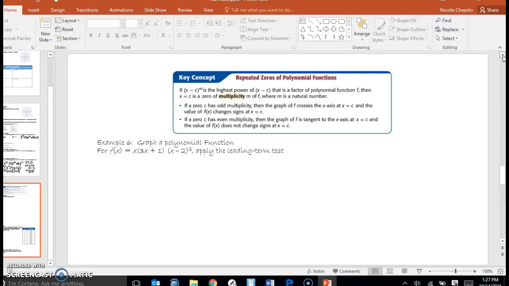And that affects the graph. When your multiplicity is an odd number, it's going to cross the graph. When you have a multiplicity of an even number, it's going to touch the graph and then come back down. So if you have an odd multiplicity, it'll just kind of go through and look almost kind of normal. But if you have an even multiplicity,